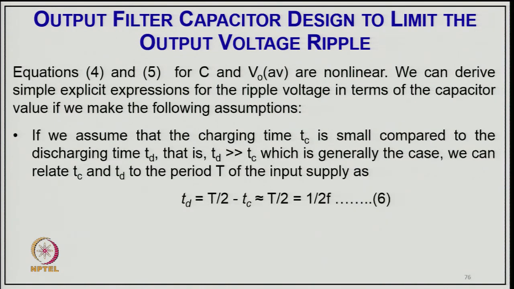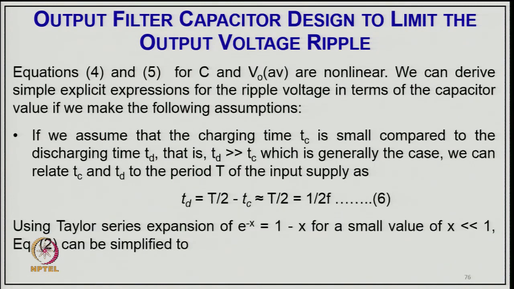So, assumption, if we assume that the charging period is small compared to discharging period T_d, or you can say T_d is much larger than T_c, which is generally the case. So, we can relate T_c and T_d to the period T of the supply. So, we can say T_d is almost T minus T_c, which is almost equal to T by 2 or equal to 1 upon 2f, corresponding to the supply frequency or input frequency,